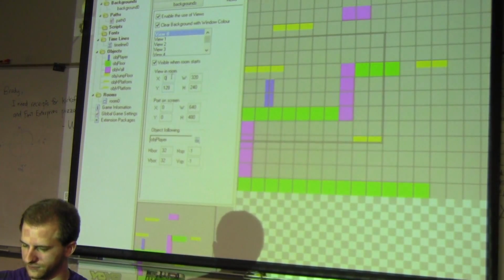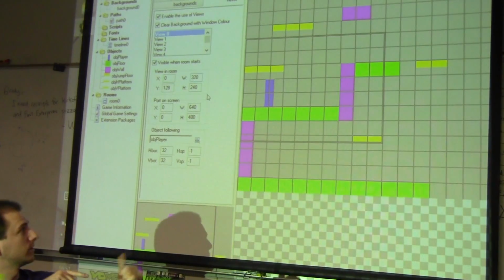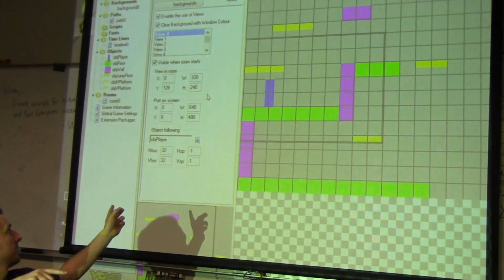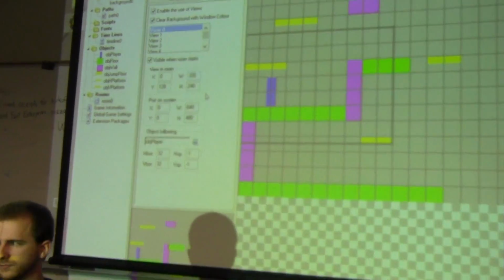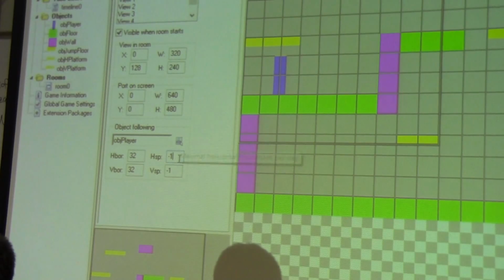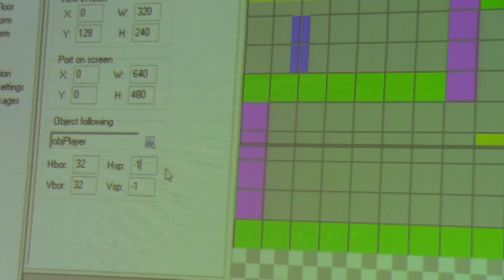So that's the view in room, you can see drawn on there. That's the view. And I said, follow this player with a horizontal border of 32 pixels on every side. The horizontal speed says how quickly the view is going to move to try to keep up with this object. -1 means just keep it in view. Port on screen, however, is